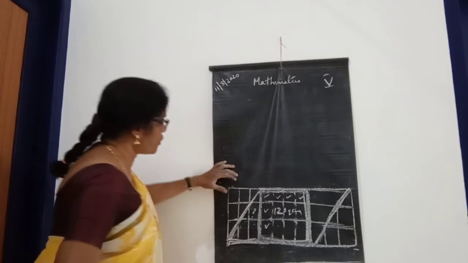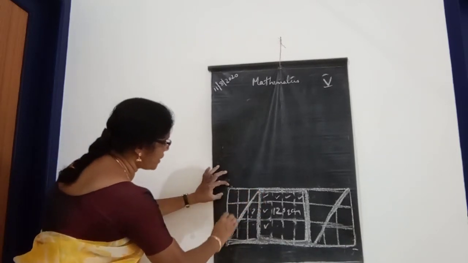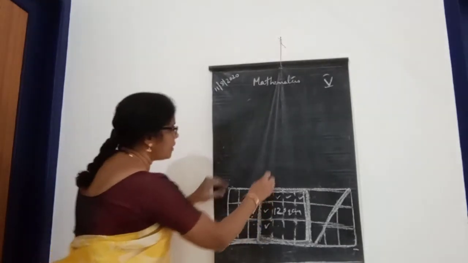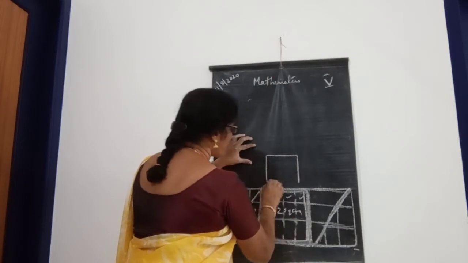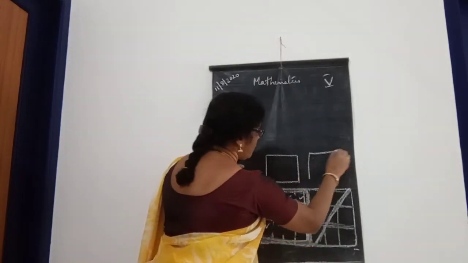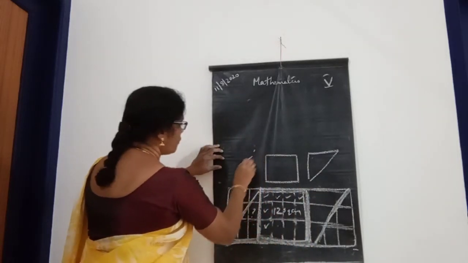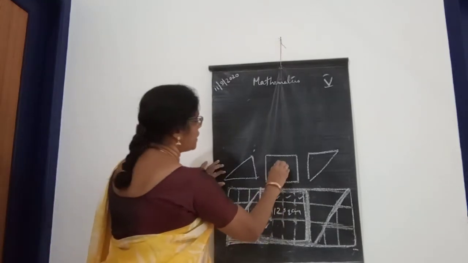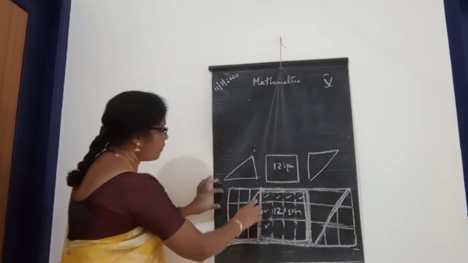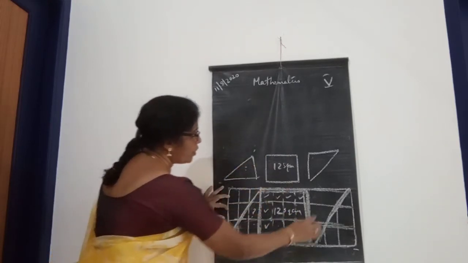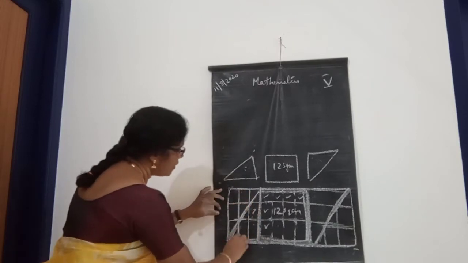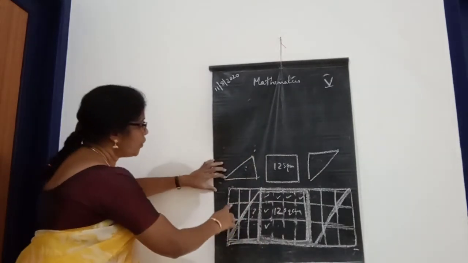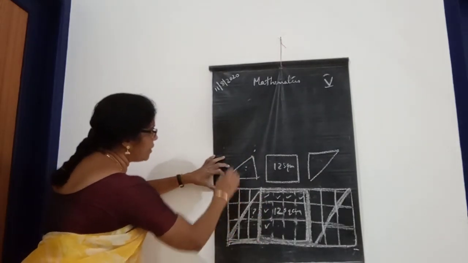And what is the area of this portion? This portion is the half of this rectangle. You can see here two portions like this, and one is like this and one is like this. You want to find out the area of this portion, that is 12 square centimeter. And what is the area of this portion? If we join the square, yes, look here. Then you want to find out the area of this rectangle.